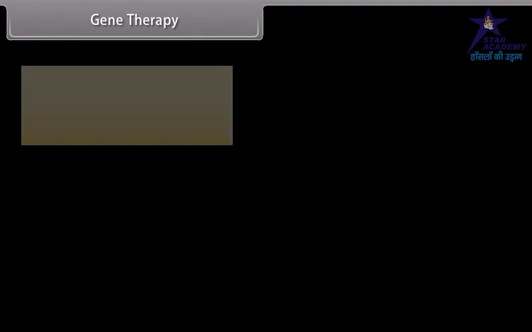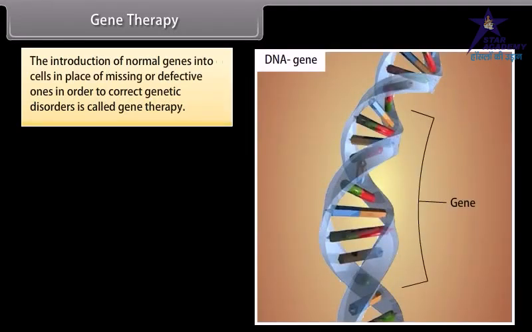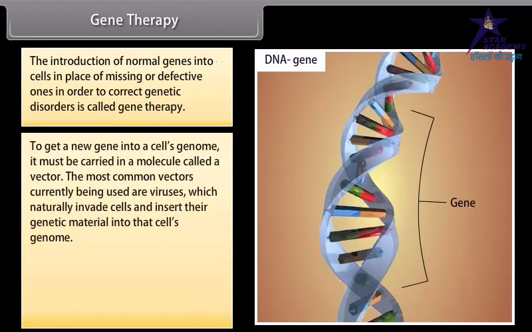Gene therapy. The introduction of normal genes into cells in place of missing or defective ones in order to correct genetic disorders is called gene therapy. To get a new gene into a cell's genome, it must be carried in a molecule called a vector. The most common vectors currently being used are viruses, which naturally invade cells and insert their genetic material into that